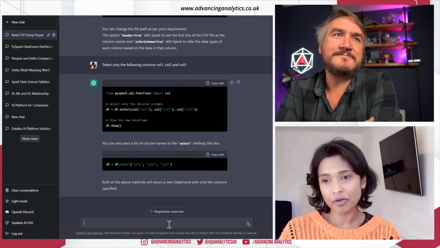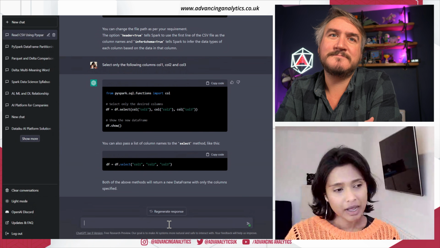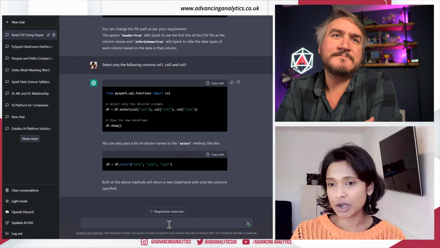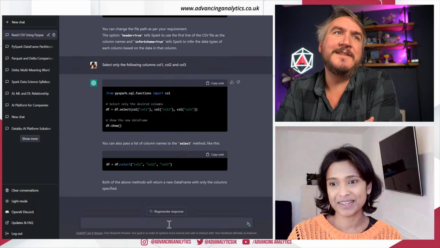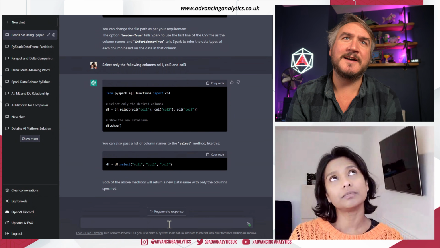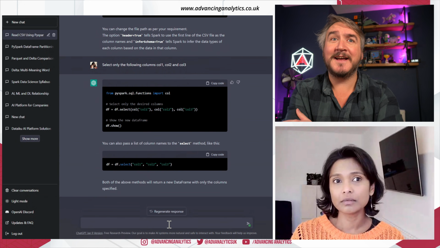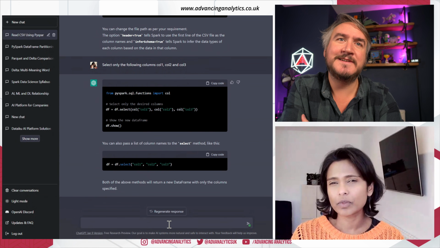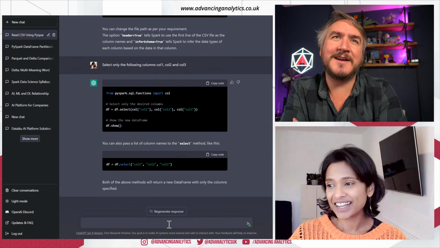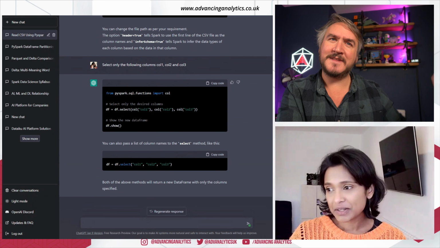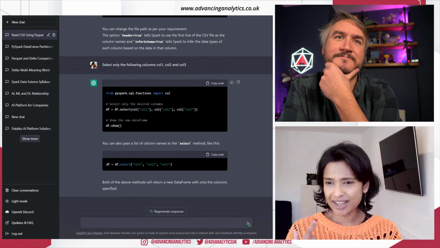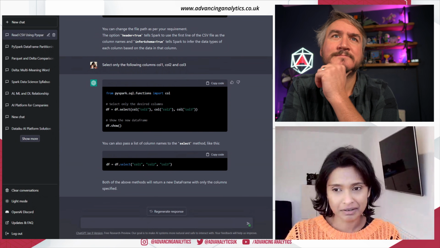Yeah, let's have one more follow-on question. What if a data frame doesn't have your typical separators? What if it has a pipe separator? How would you then do that? Okay. So in the initial spark.read, you'd have a dot option, and then you'd have sep as the option with a pipe character. So if you're going to ask that, we wanted to rewrite the data frame, the select with that option in there. It's conversational, right, Simon? I'm hoping that it understands the context now. Let's have a look. Okay.